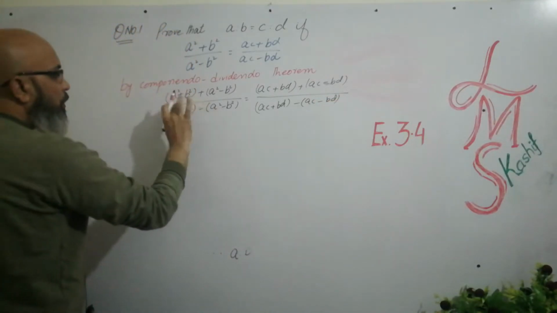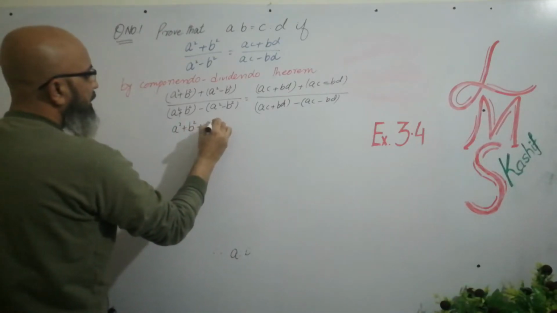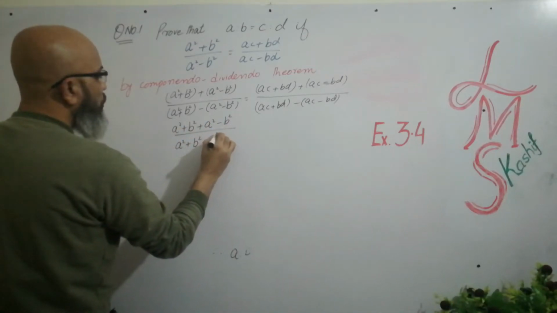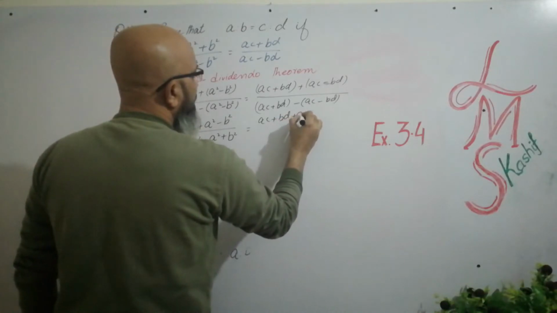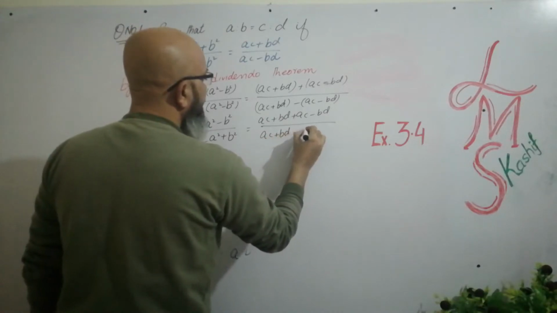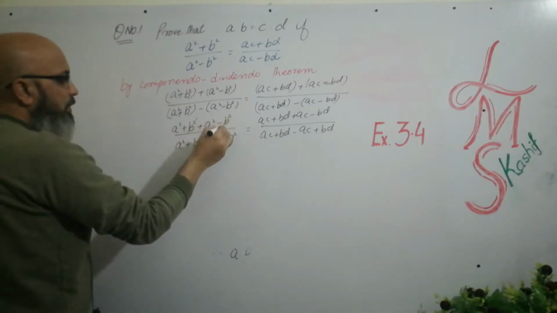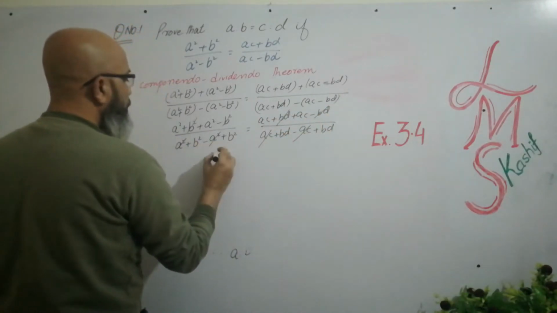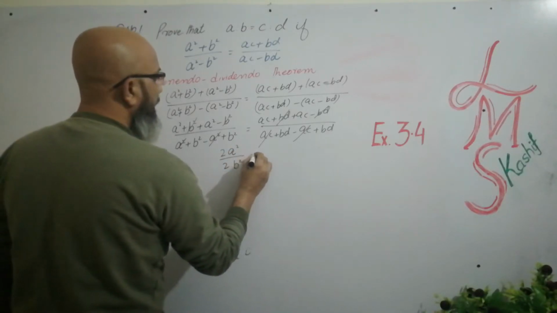Open the brackets. No sign change when there is a plus sign. A square plus B square plus A square minus B square over A square plus B square. This minus will change the sign. AC plus BD plus AC minus BD over AC plus BD minus AC plus BD. So similar to the previous question, B square cut with B square, A square cut with A square, BD cut with BD, AC cut with AC. So A square plus A square, 2A square over 2B square is equal to